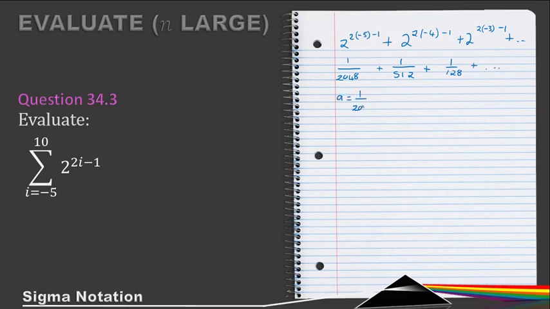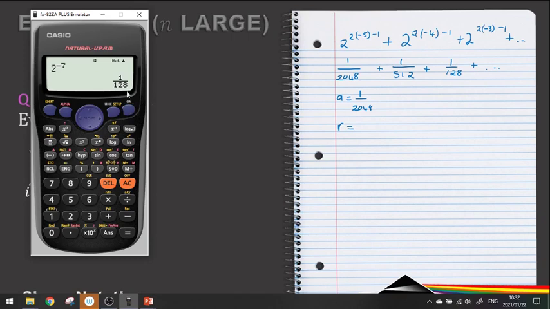1 over 2048. The R value, we can actually see that if your variable is in an exponent, it's most likely to be a geometric, and when the variable is in a linear expression, then it's obviously going to be a common difference, but just always test it if you want to. So R is then equal to the third term divided by the second term, which is 1 over 512, and then we see a common ratio of 4,